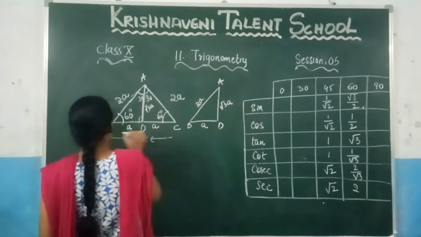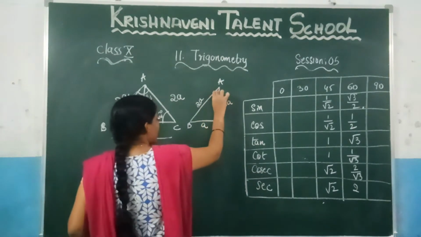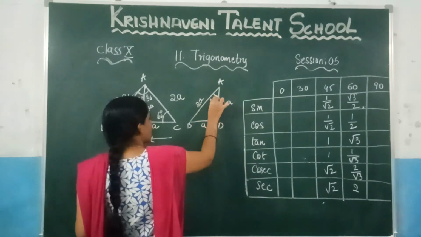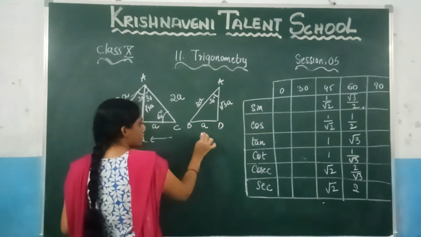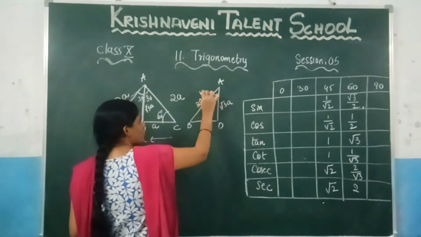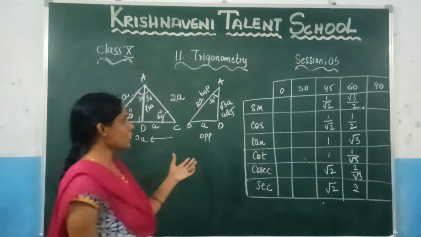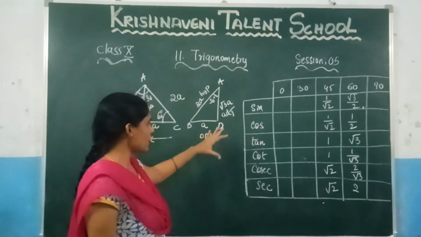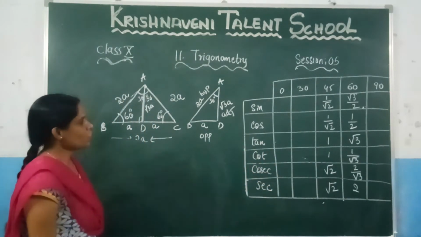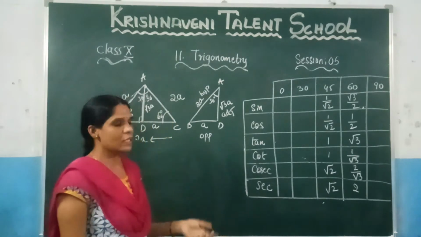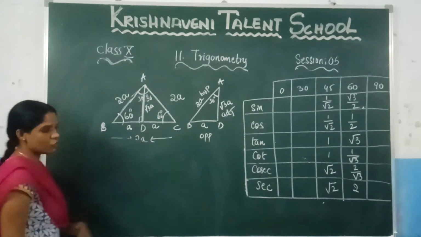A, B, D. Now we are finding which angle? 30 degrees. So you need to consider this one. This is the angle because here the angle is 30. Now, according to this angle, what is the opposite side? Here, this one is the opposite side, right? And what is the hypotenuse? This is the hypotenuse, and the remaining will become the adjacent side. Here you can observe, based on this angle, the opposite side and the adjacent side will remain changing, right? Now, you know here are the three sides of this right angle triangle, and you know here what is opposite and what is adjacent and what is hypotenuse. Now let us find the value of 30 degrees.